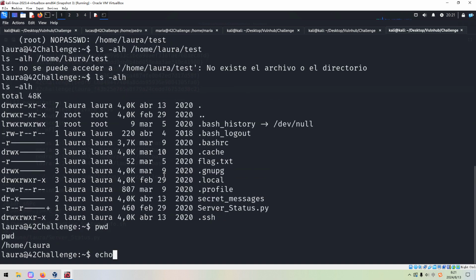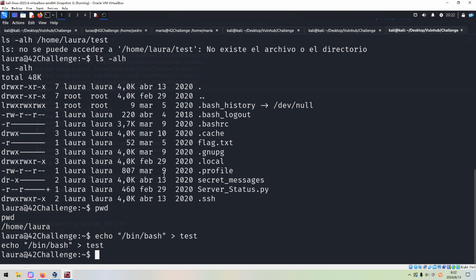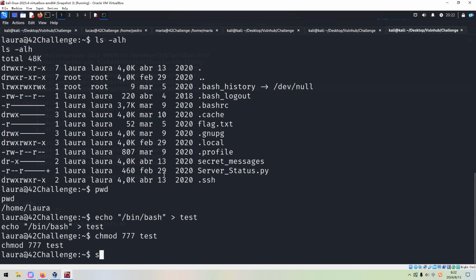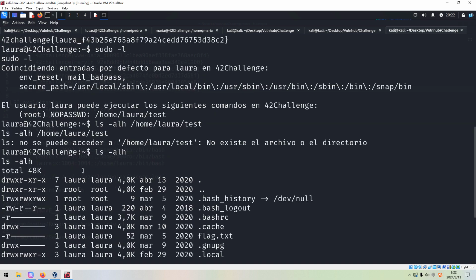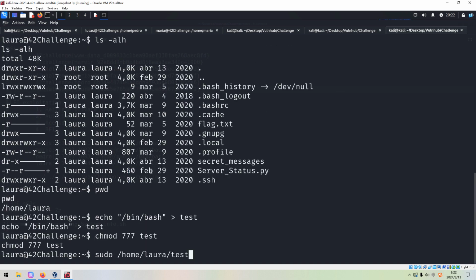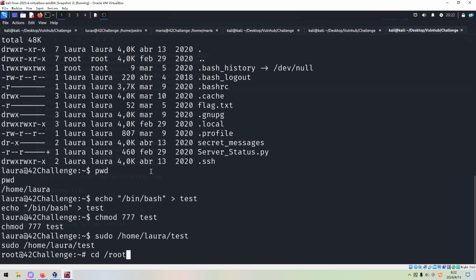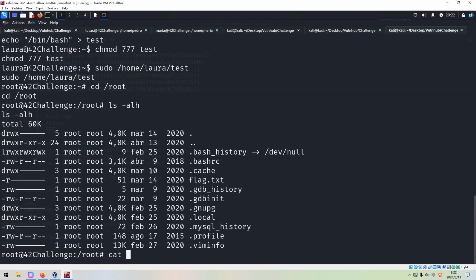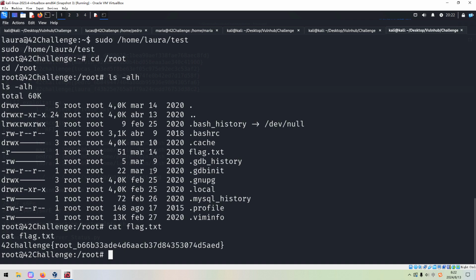We can echo /bin/bash to test, make it executable, and then run sudo and copy this absolute path. And then I think we can get the root shell, and we can retrieve the final flag.